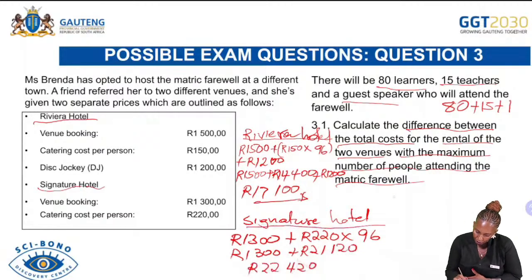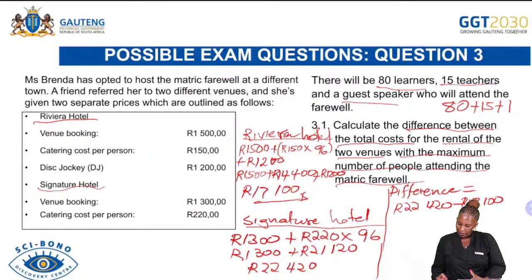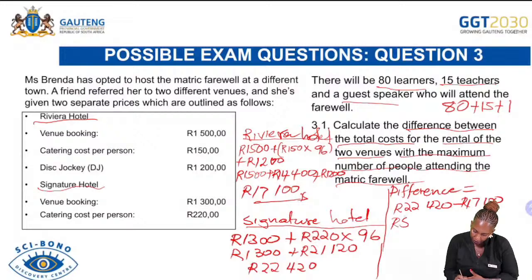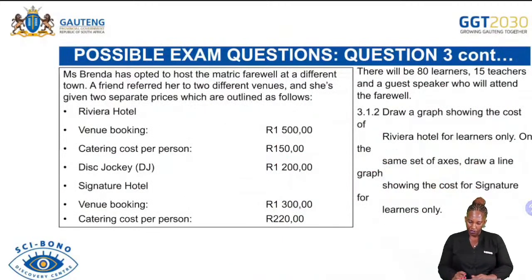Now the difference, because we haven't answered the question. The question says the difference. Now we say quickly the difference will be 22,420 minus 17,100. My answer will be 5,320. Now, boys and girls, we have answered the question. 3.1.2, draw a graph